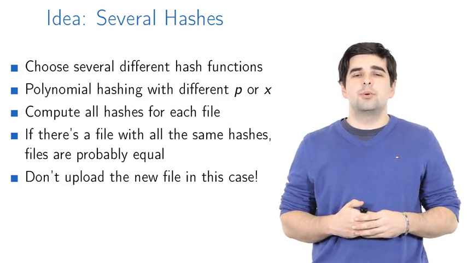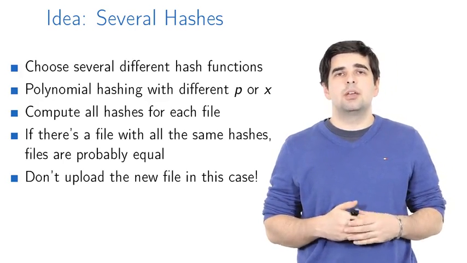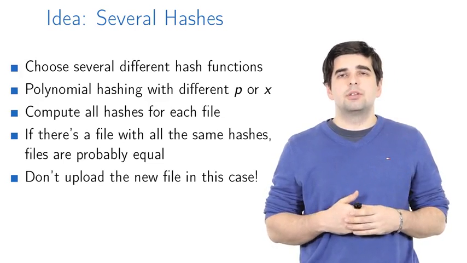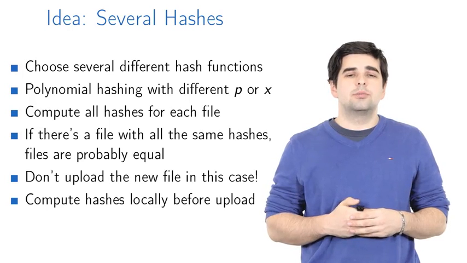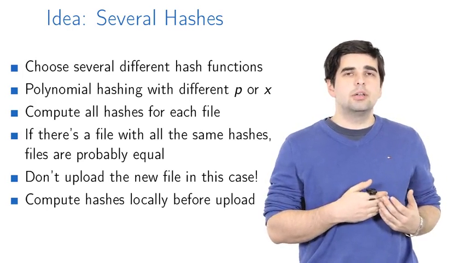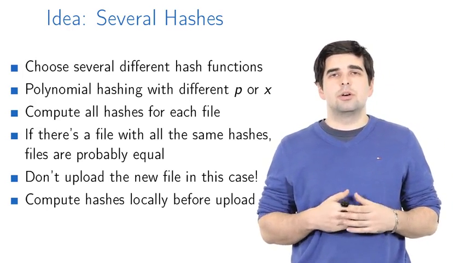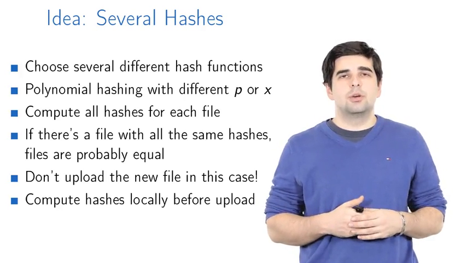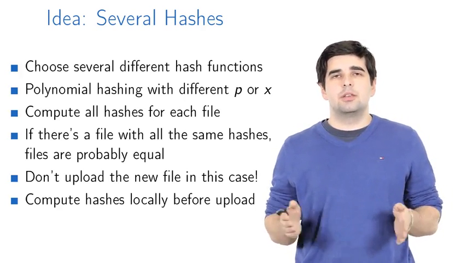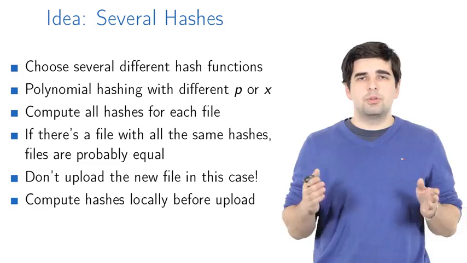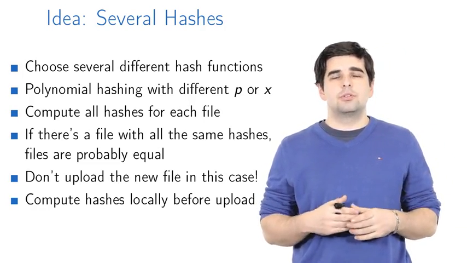And in this case, we might want to not even upload the new file at all, and save the time and make the upload seem immediate. To do that, we just need to compute hashes locally before upload and only send through the network, which can be slow, the values of the hash functions, which are much smaller in terms of space than the initial huge file. So we compute the hash values locally, and we send those 3 or 5 hash values over the network